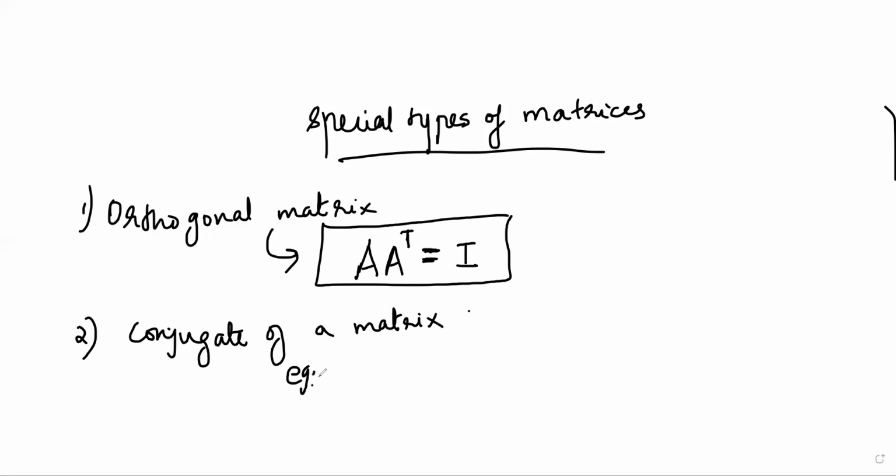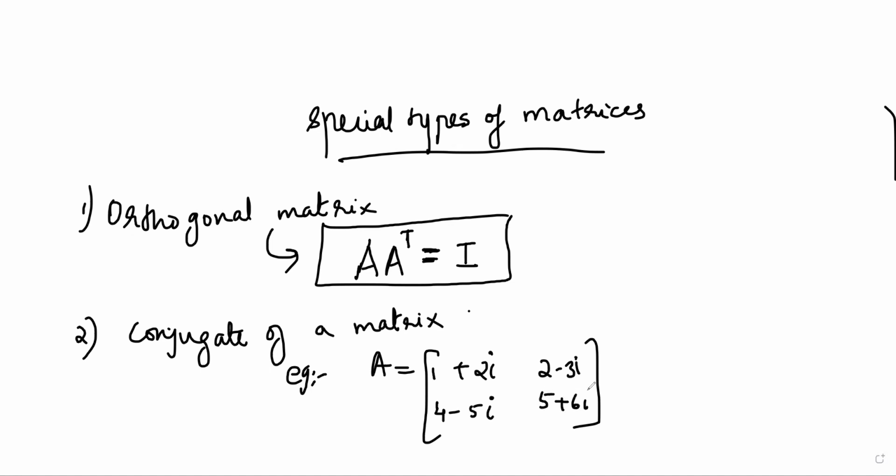Example, write with an example only. If A is a matrix with elements 1 plus 2i, 2 minus 3i, 4 minus 5i, 5 plus 6i, elements that are complex numbers here, then its conjugate matrix is denoted as